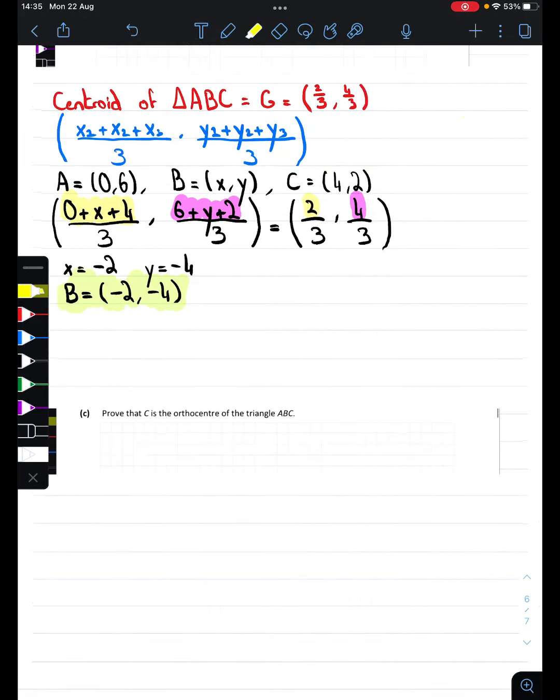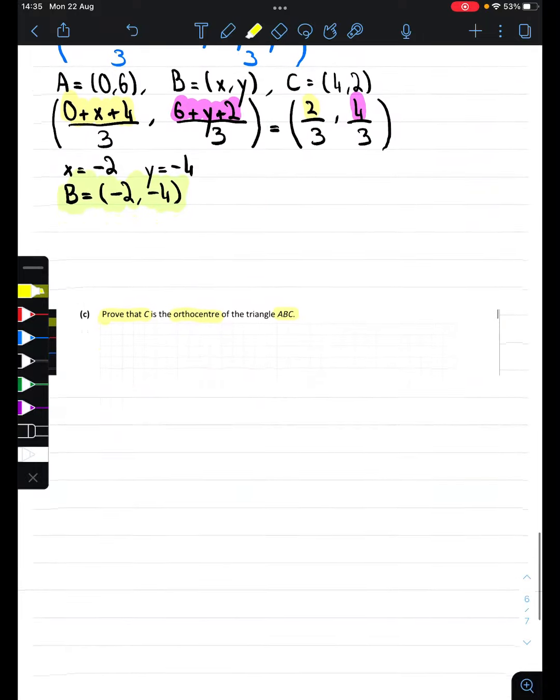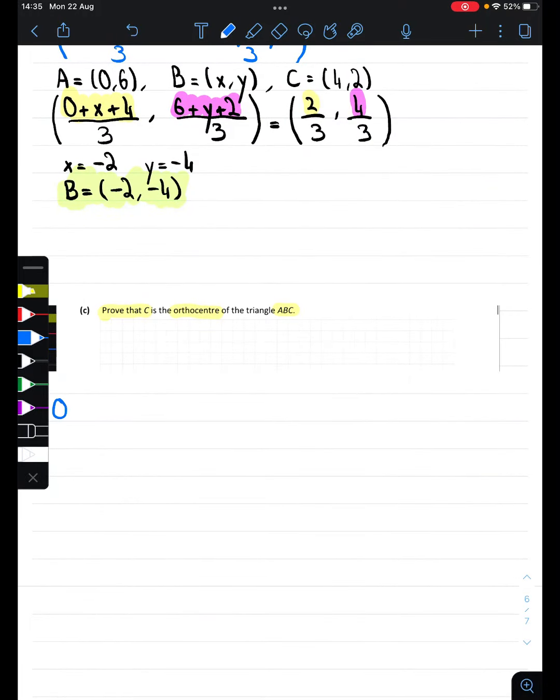Now prove that C is the orthocenter of ABC. So what is the orthocenter? First of all, the orthocenter is the intersection of the altitudes of a triangle. And that begs the question, what are the altitudes? The altitudes of a triangle are the,